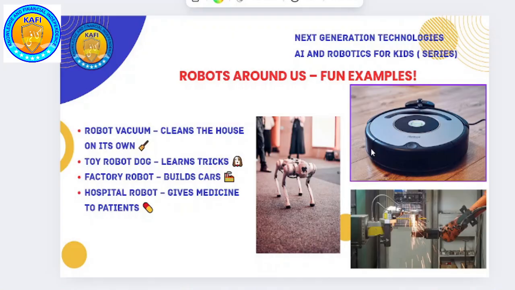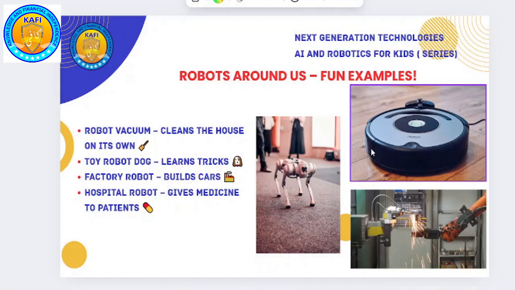All right. So robots are always around us. We have robot vacuum cleaners. You know that? Do we have a robot vacuum cleaner, or does your mom do it herself? Okay.